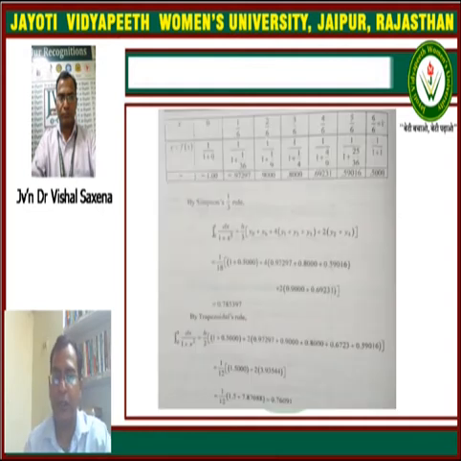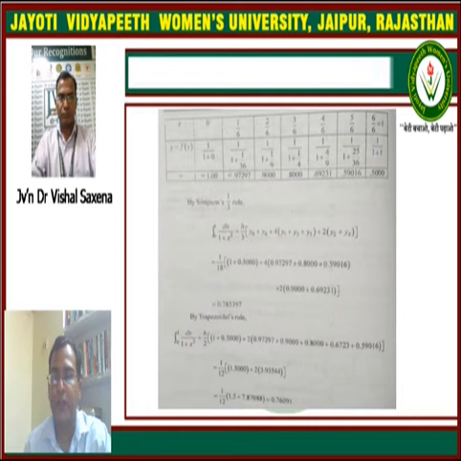Now how to solve here? This question is solved in two different methods. One is by the trapezoidal rule and one is Simpson's 1/3 formula. First of all, to apply the procedure, we have to find h, because we are given that in this question we can assume h.